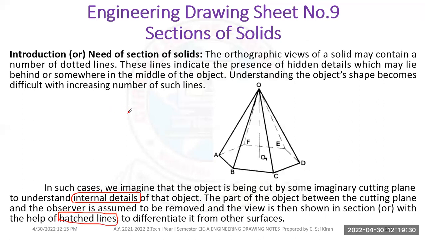Suppose I have a section like this in the top view, then I have to make hatching. These hatched lines should be at an angle of 45 degrees with respect to the XY line, the horizontal line, and there should be equal gapping between them. If your object is very large and you have more area,